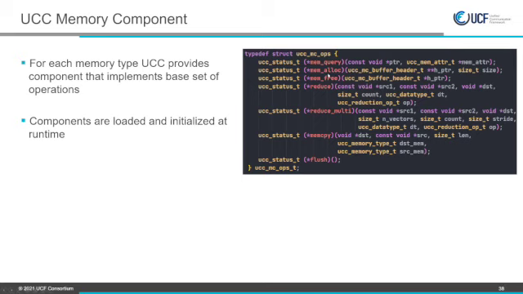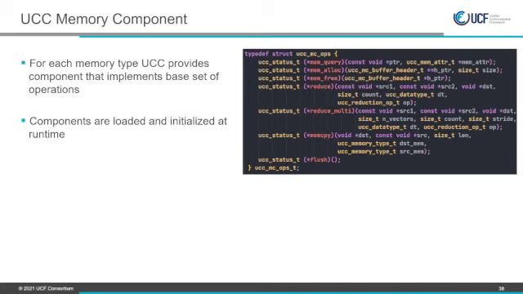Also, each memory component implements alloc and free functions to do memory allocation, and it is the responsibility of each memory component to do it efficiently. Of course, it can be implemented as calls to malloc and free, but a more efficient implementation is to use some sort of allocator.